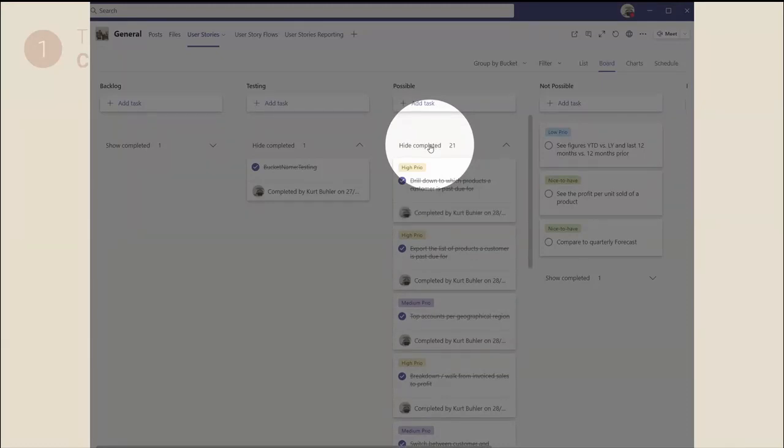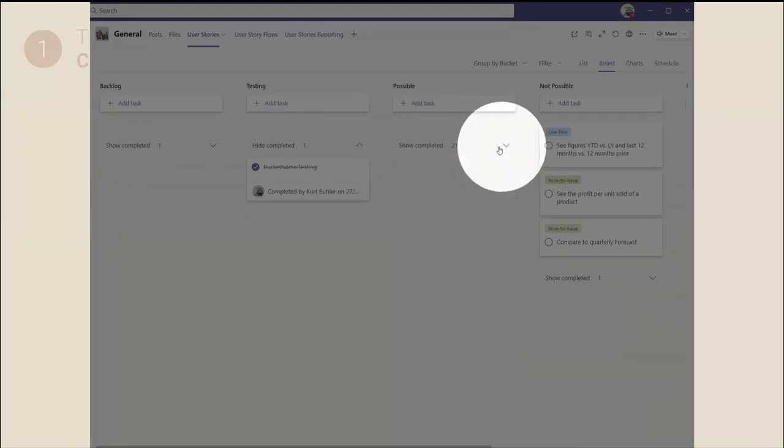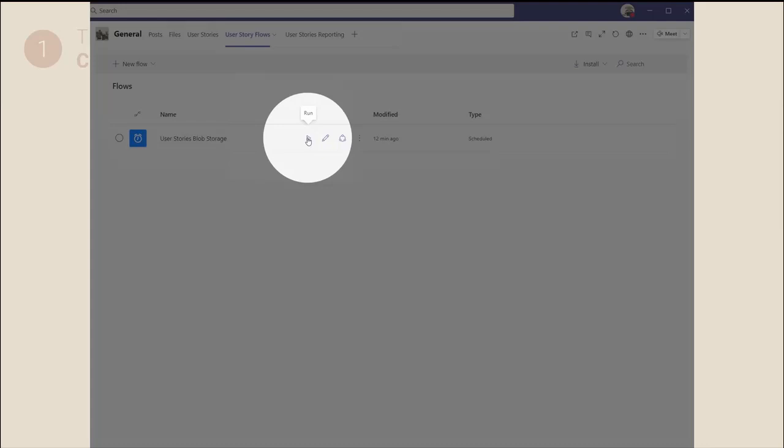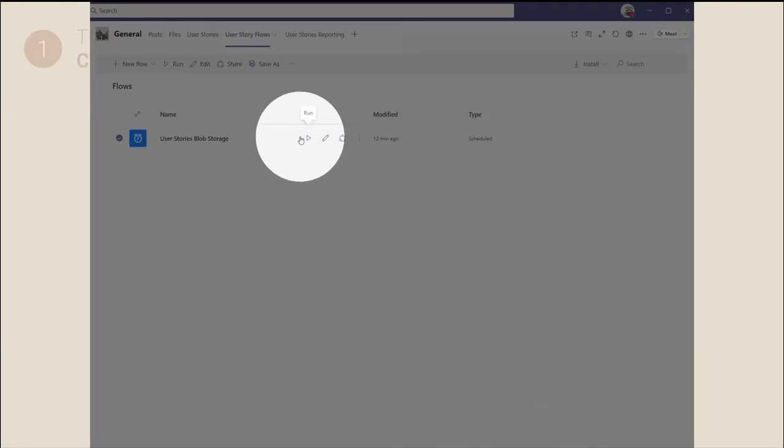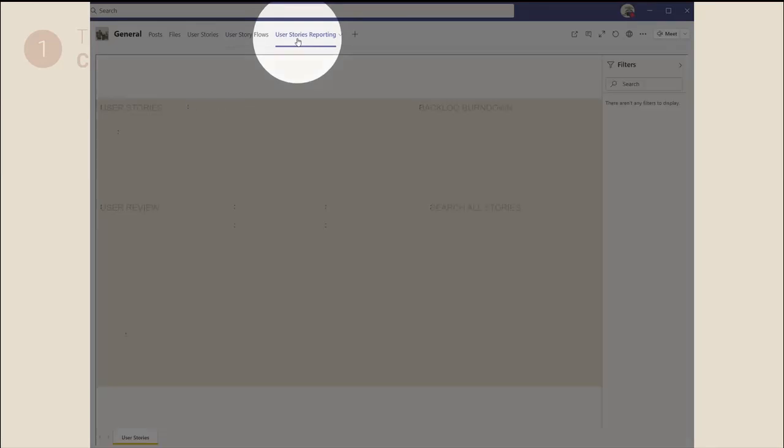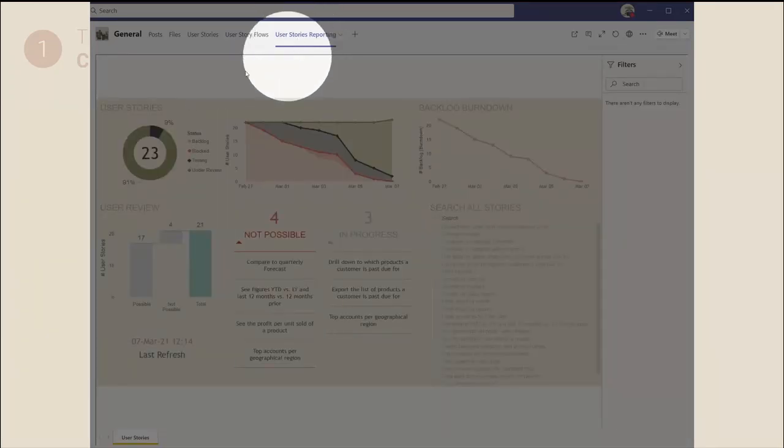The user takes the user stories and has finished reviewing them. He's marked a few as not possible, but most as possible. This will trigger a flow, which can also be run automatically, that will shuttle that data into an Azure Blob storage container. Once the data is there, it will also trigger the refresh of a Power BI dataset, which will pick that up and display it with a number of aggregations to show us how our project is progressing so